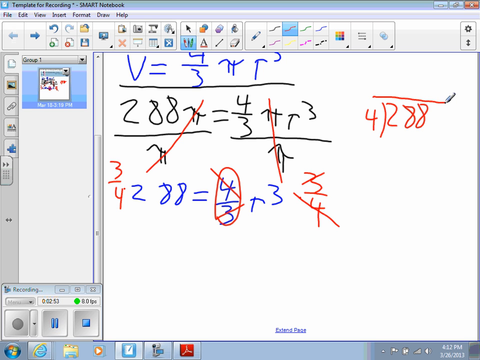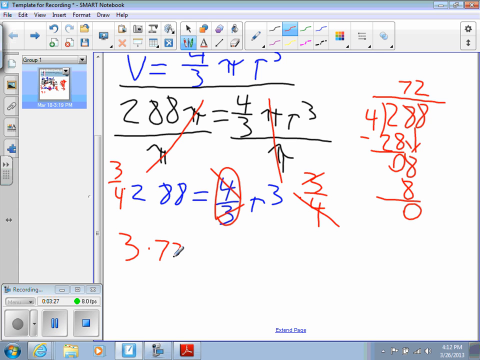Okay, does 4 go into 2? No, it doesn't. Does it go into 28? Yes, it does. And it goes in how many times? It goes in 7 times, giving me 28. And when I subtract, I get a 0. Now I bring down this other 8. And how many times does 4 go into 8? It goes in 2 times. Again, evenly. So if I divide by 4, I'm going to get 72. So now I've got 3 times 72